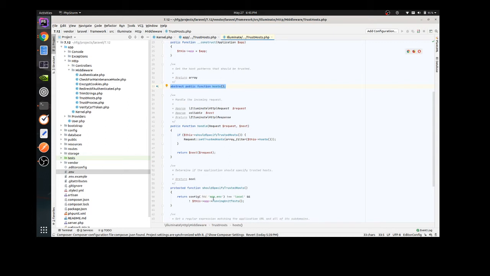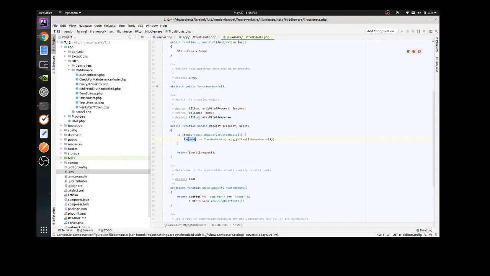If you go to this function, it is only checking the environment of the system, and also checking that the application is not running the test. If both conditions are true, that means the environment is not local, and the environment is not running the unit test. So it will set the host based on the request.